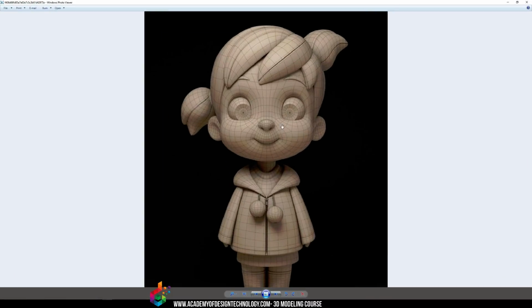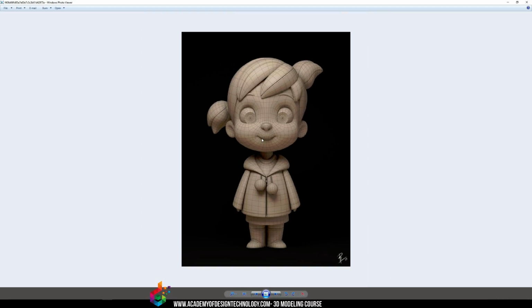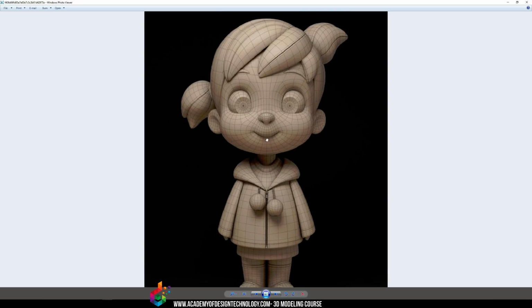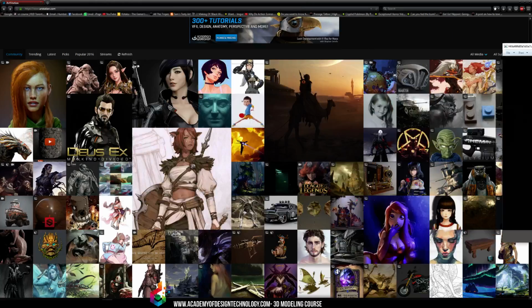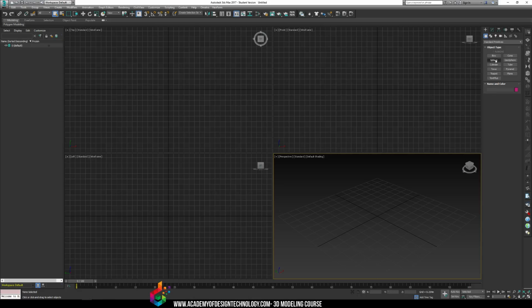Here's another one with just a render, a simple wireframe, straight render like this. Signature down at the bottom right, black background, completely black. Just a nice render using Mental Ray: give it a color and then give it a wireframe above it and use the push modifier to do that. I'm not sure if I explained it before, but you see how the wireframe doesn't show the back of the head, right? A problem that a lot of people face is they'll do something like this, and